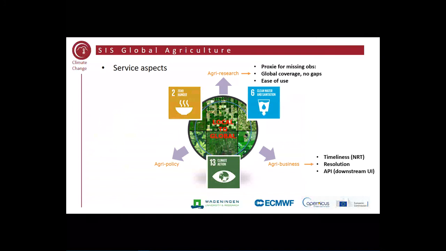When we look at the other end, at agribusiness, then very much important was timeliness of data. They're always looking for data that are as up to date as possible, preferably based on status monitoring of yesterday. So they can make an assessment of what the outlook for crop productivity around the world is, and take trading positions and things like that.